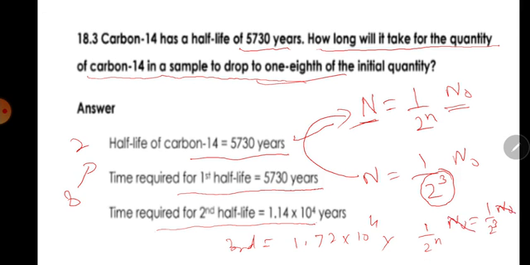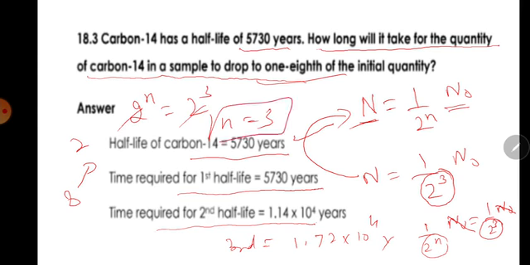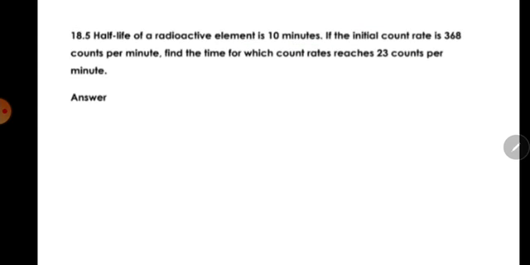This is cancelled with this one. This is compared with this one. So 2 power n is equal to 2 power 3. So 2 is cancelled, n is equal to 3. Third half-life. Now next question is